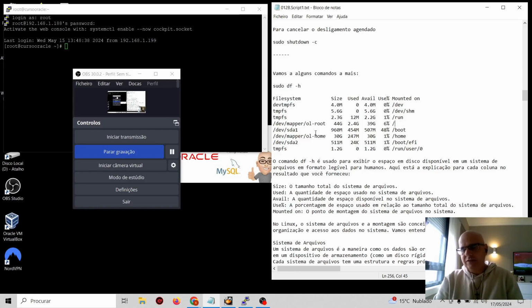So each type of device uses a file system that is related to the device type. It also relates to the file type you are going to store. So when we install Linux, we already create the directory structure. Remember, we create the root, the boot, the home, and Linux already comes with a default file system in that little window. If you forgot, go back there. And it already brings a default for us to use based on that directory, a file system that it thinks